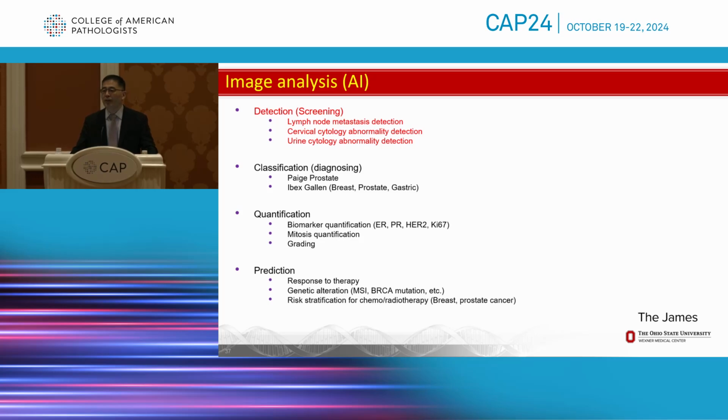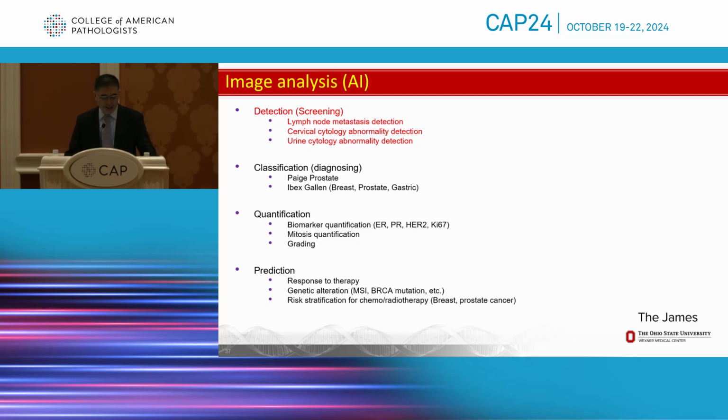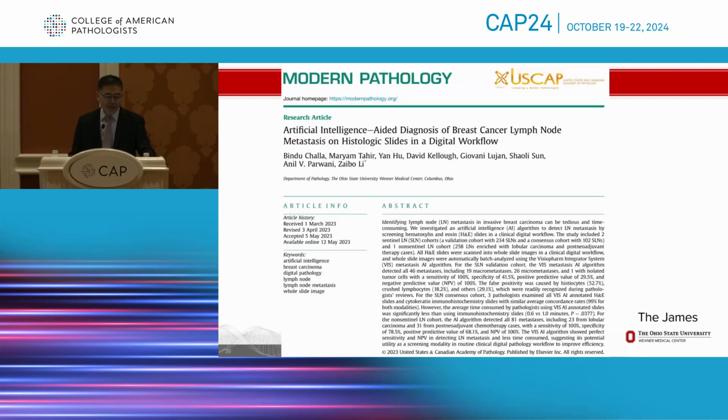So we all know the Oncotype DX, which is a molecular test. It's a pretty costly test. Someday, if you can just use the glass slides to predict the patient's recurrence score, you don't need to run those expensive molecular tests anymore. So let's start with this lymph node